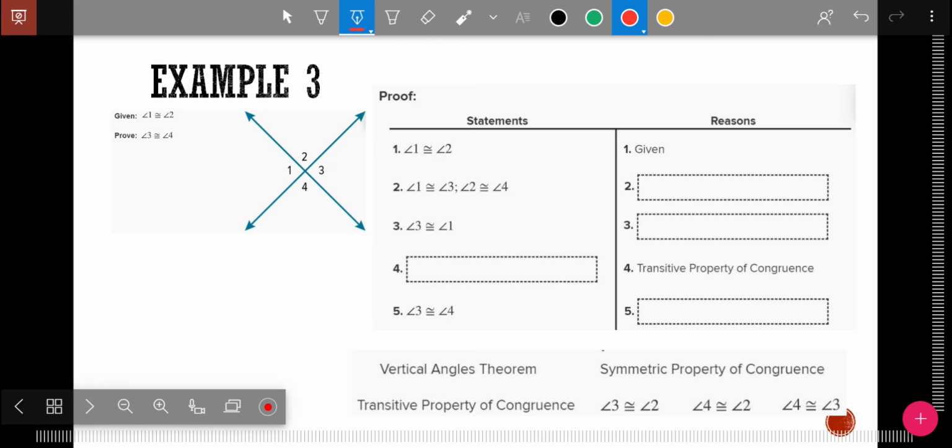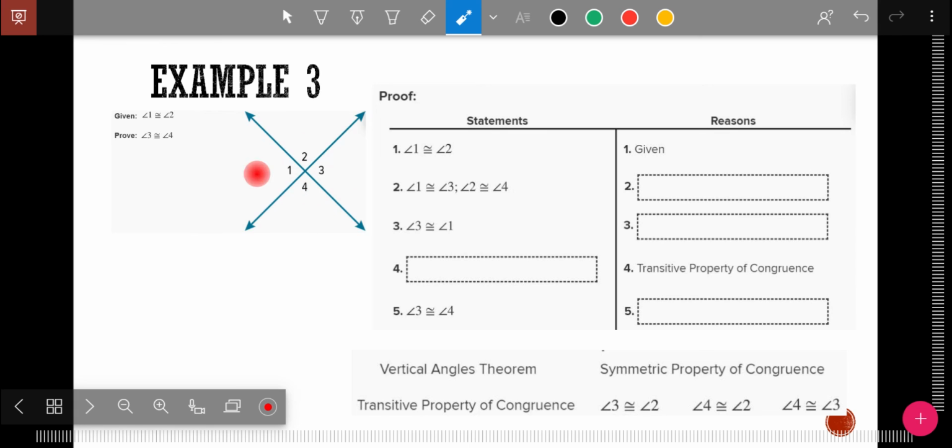We're only going to have one proof in the homework tonight, so let's take a reminder. Look here at a proof. Here they have the given: angle 1 is congruent to angle 2. Prove angle 3 is congruent to angle 4. And so we start every proof with the given. Now this one doesn't have a given that really helps us, except we're going to use it for transitive property. I do see, though, in the picture,